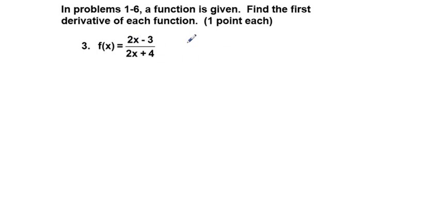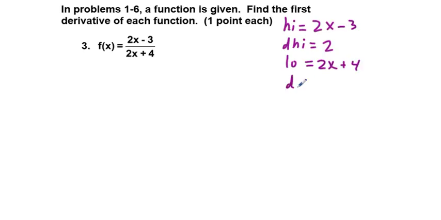What we have is the high part of the function, which I'm going to just label hi, is equal to 2x minus 3, and the derivative of our high, which I'll call d high, is 2. The low of this function is the denominator, 2x plus 4, and the d low is 2. And so we can find the derivative by using what we call the quotient rule,